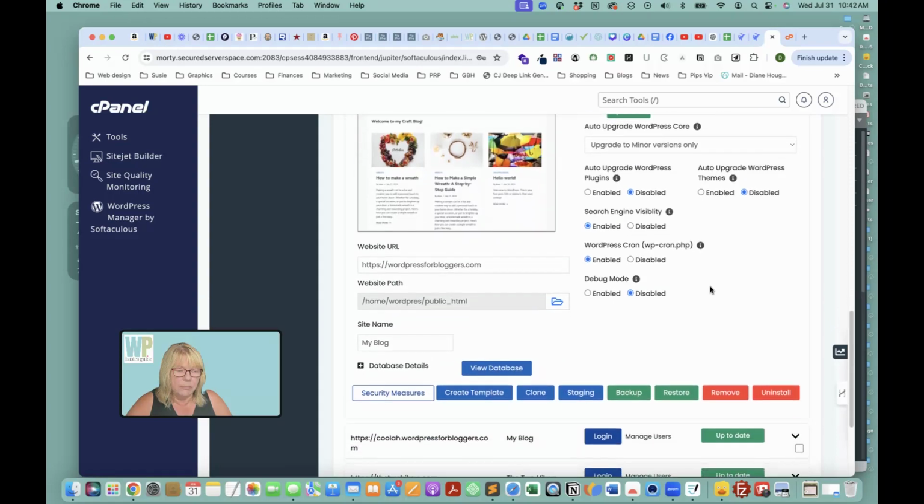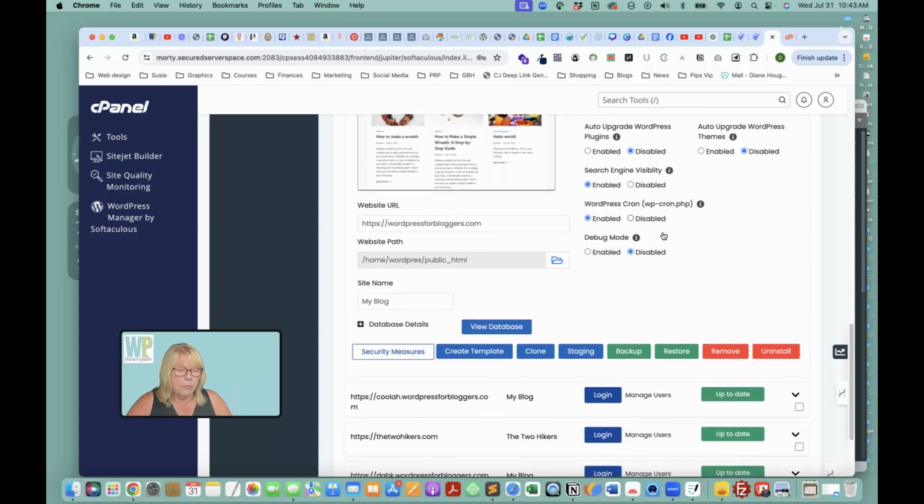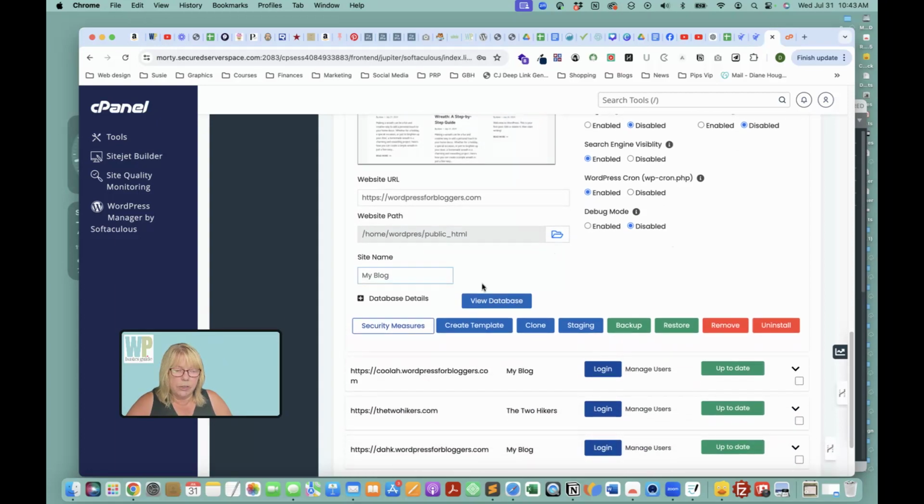Okay, search engine visibility, that's enabled. If you're just playing around and working on a site and it's not ready yet, you can disable that here. But you can't forget to re-enable it later. Okay, so if I scroll down just a little bit, right here, it says staging. I'm just going to click on that